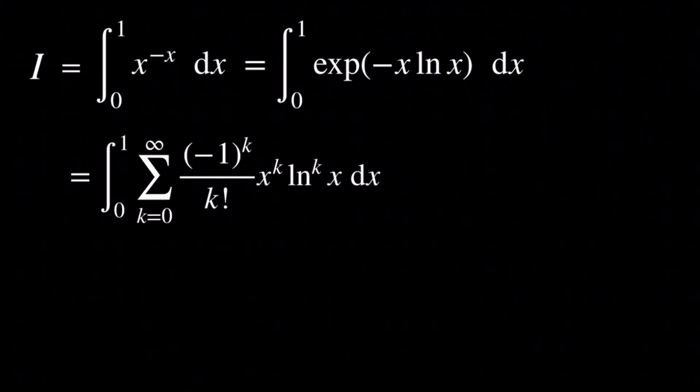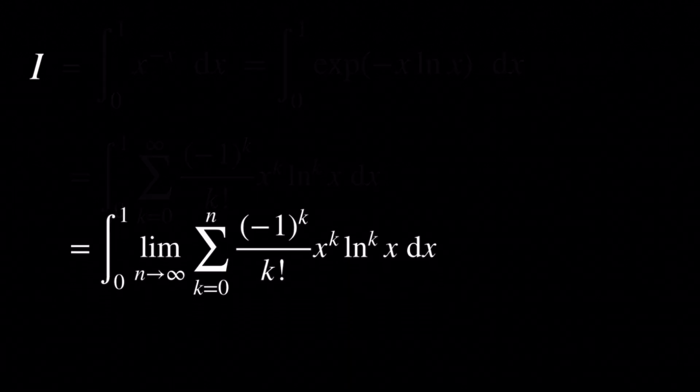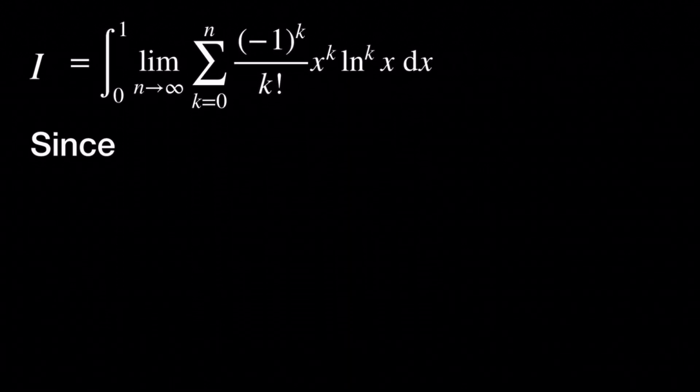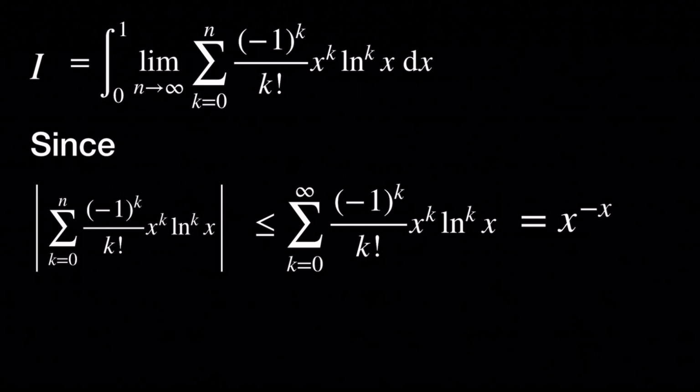Now, the big problem here is whether we can actually move the sum outside of the integral. Well, this is obtained by using the Lebesgue dominated convergence theorem. First of all, we are going to rewrite the infinite sum as the limit of a finite sum. Then we're going to notice that the absolute value of the finite sum is bounded above by the infinite sum, which in turn is equal to x to the negative x,